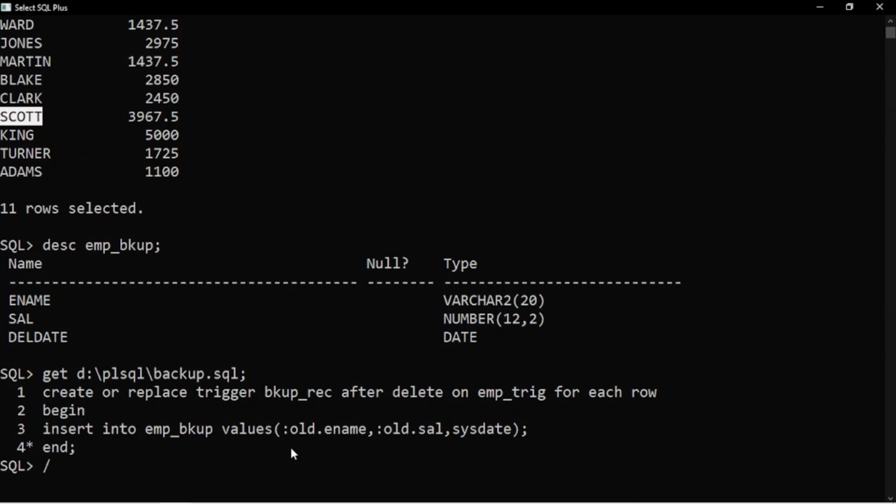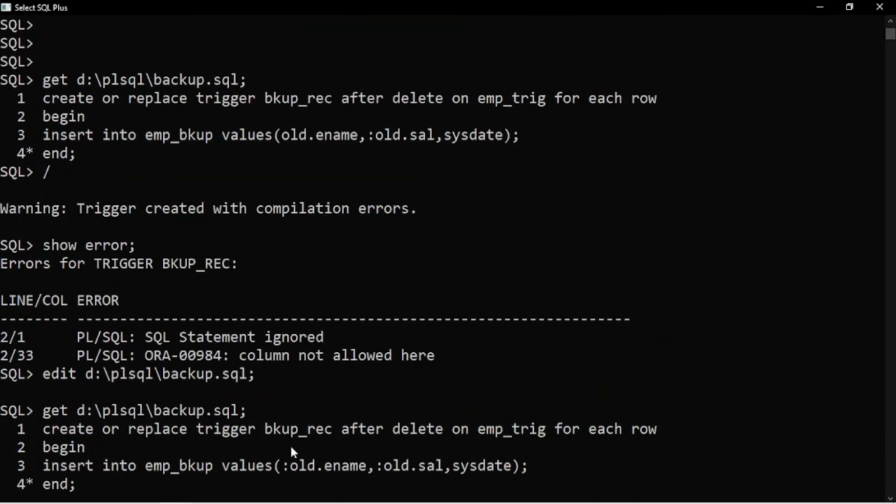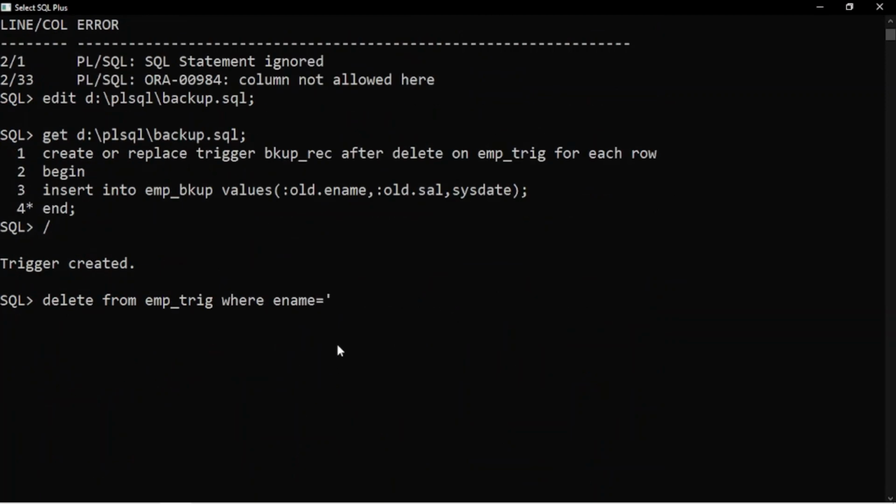I'm going to delete one by one. So where name is equal to uppercase SCOTT, one record deleted.